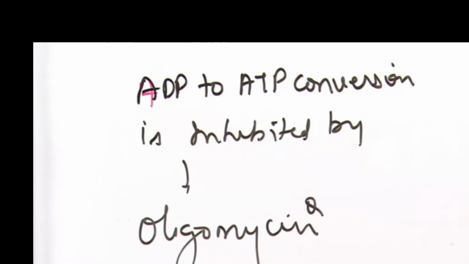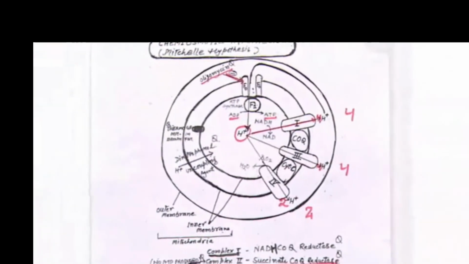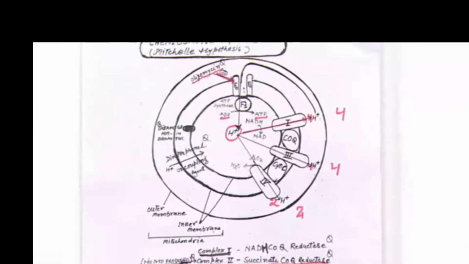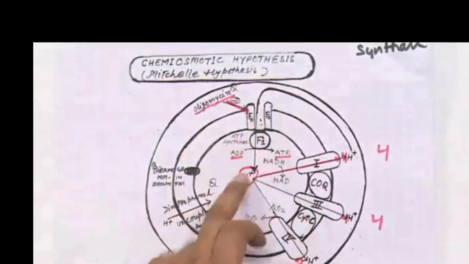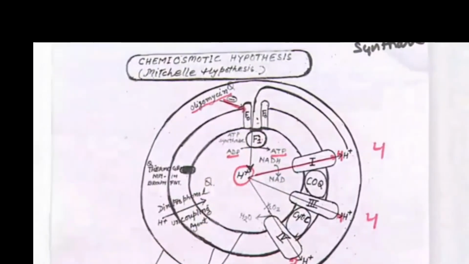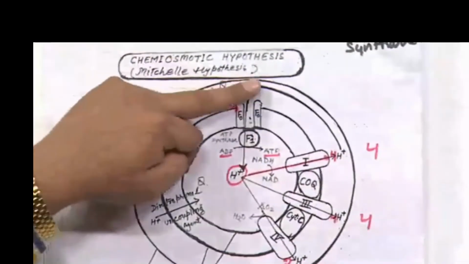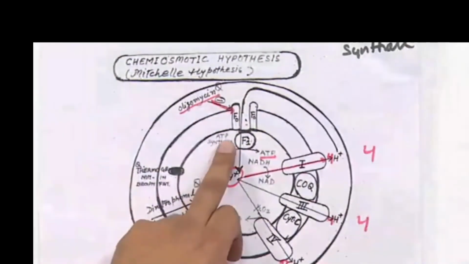Now, there is a very important concept of uncoupler or uncoupling agent. Look at this. Focus on the screen. We found that when 4 H+ pass through complex 5, 1 ADP is converted to 1 ATP, or you can say when 4 H+ pass through complex 5, they are coupled with ATP production.